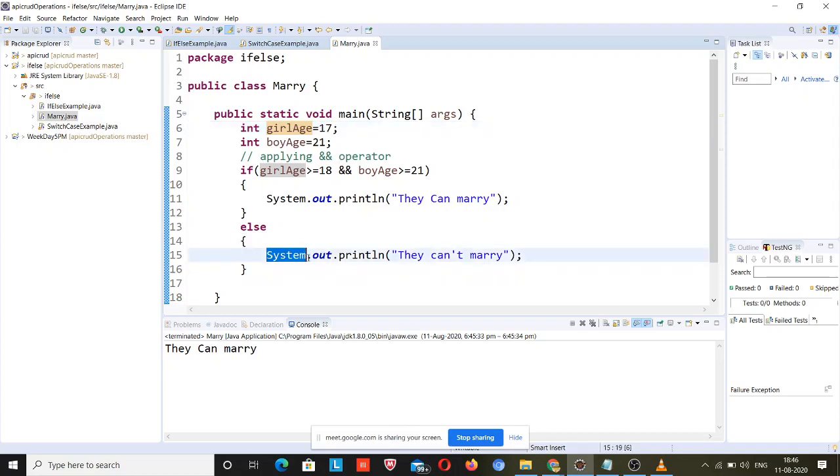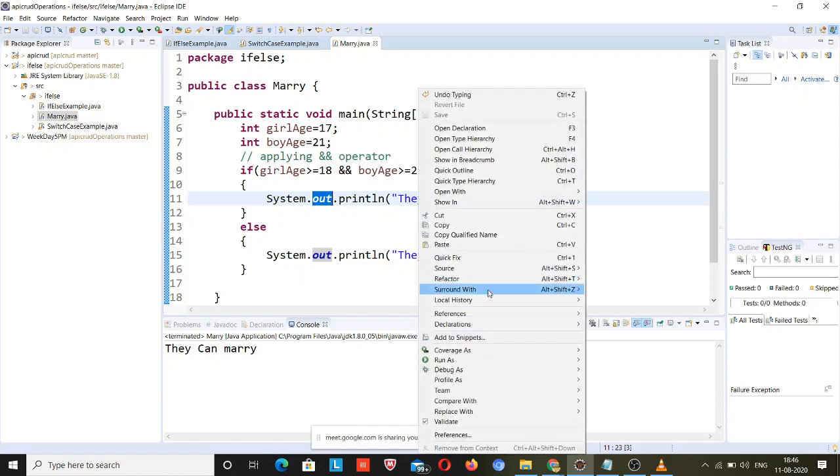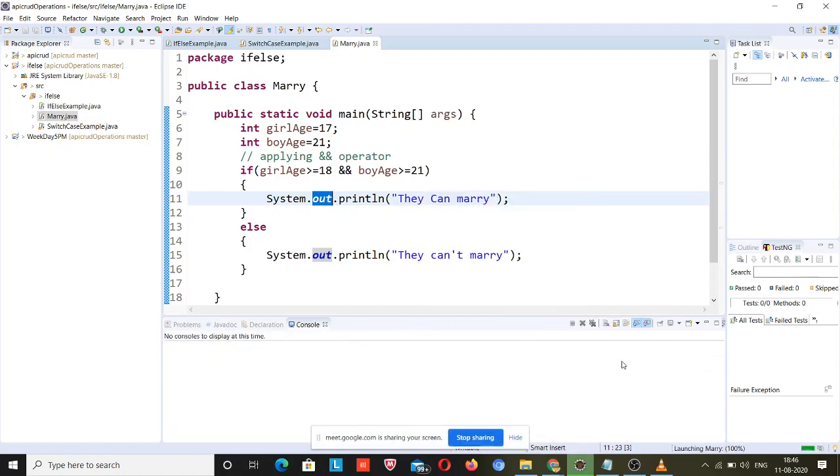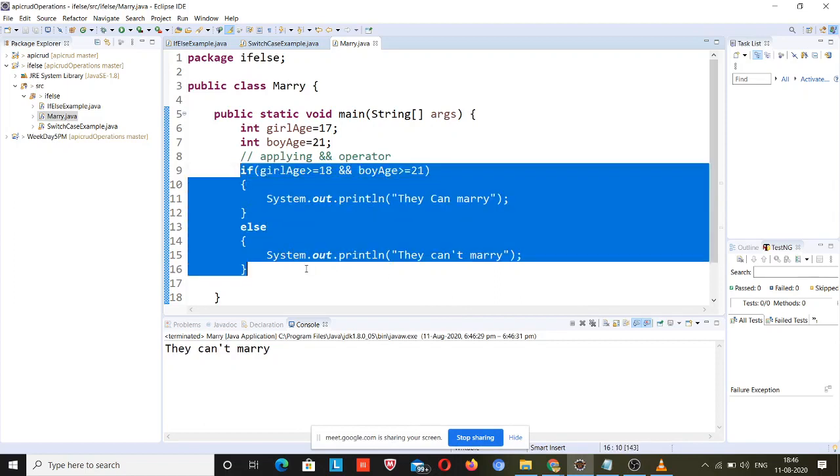It will come into the if block only if both conditions pass. If one of them fails, then it will not come into this if condition, right? So this is the AND operator. If I run it, it will simply reply that they cannot marry, right? I am just commenting it out